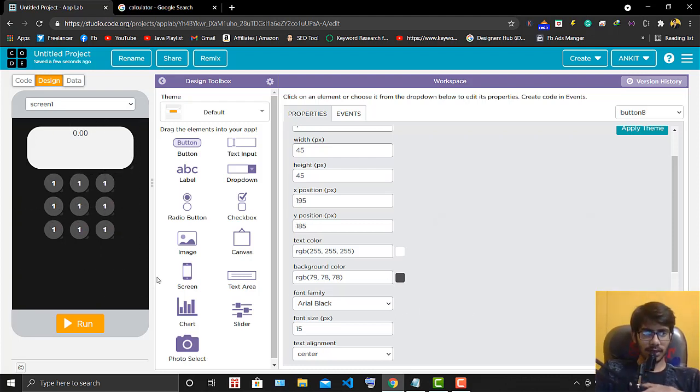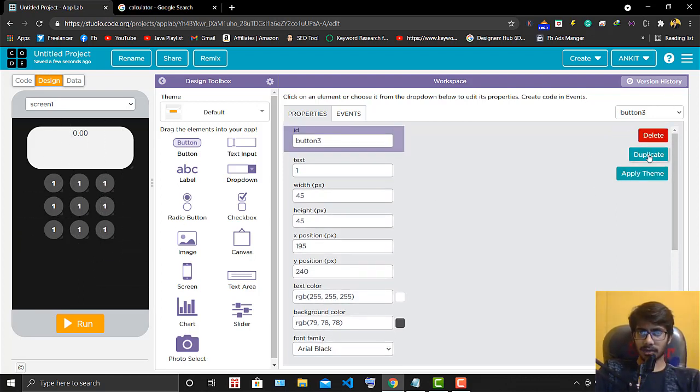Good, but we need to define the numbers, okay. So we need one more button, so I will duplicate it and put it here, because we need 0 also, okay. So let it be here.